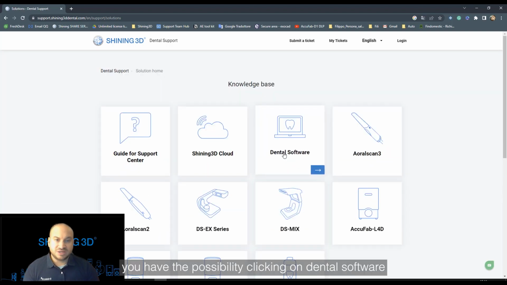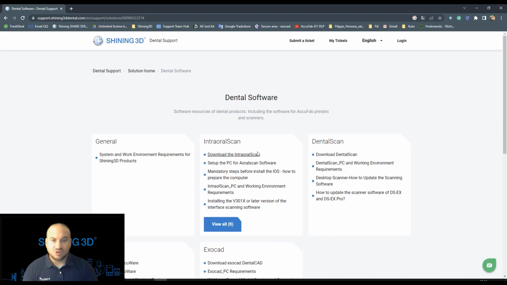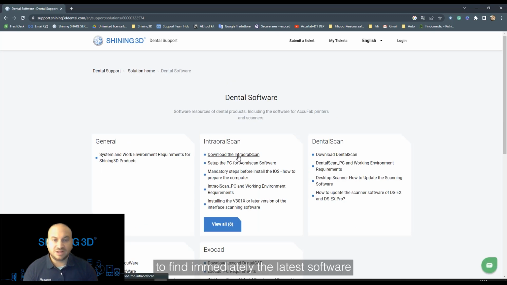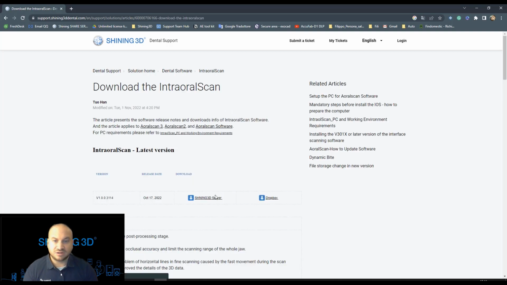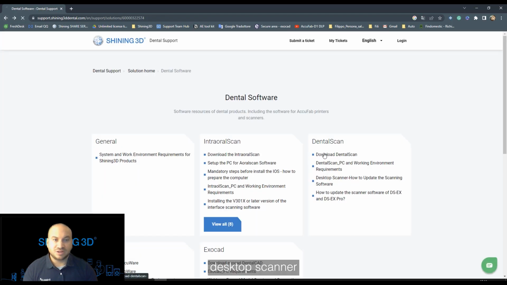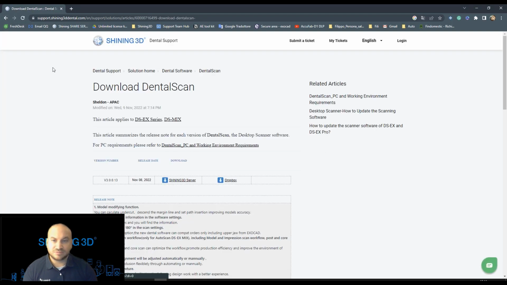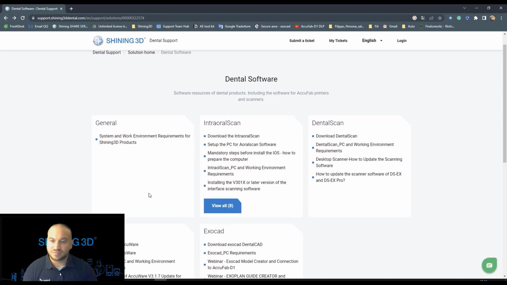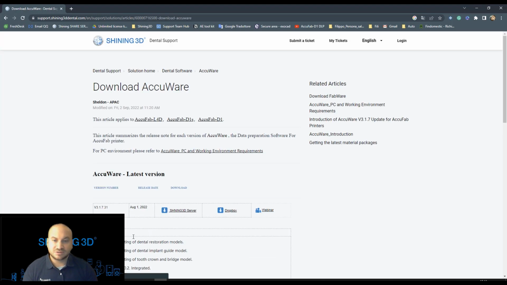Into the knowledge base, you will have the possibility, clicking on Dental Software, to find immediately the latest software version available for intraoral scanner, desktop scanner, printers,